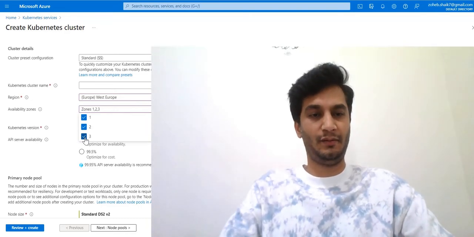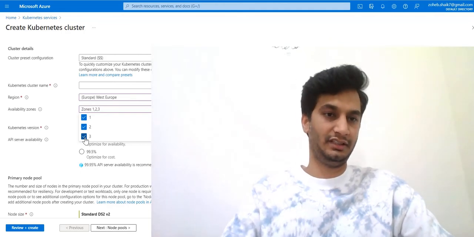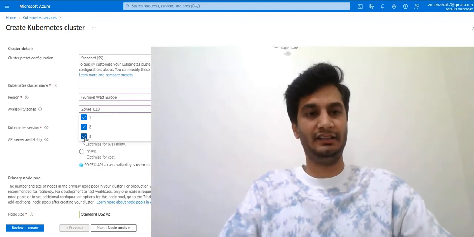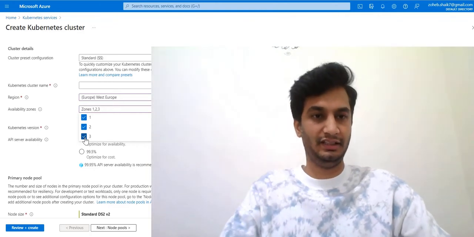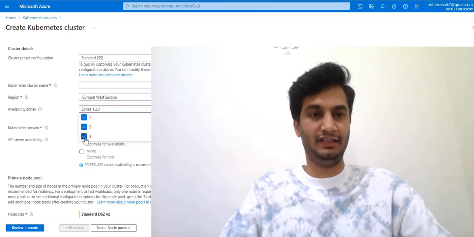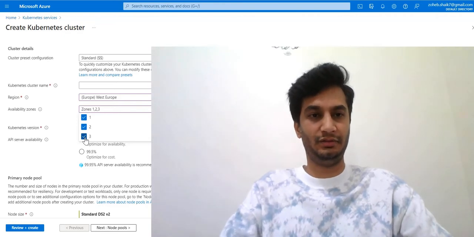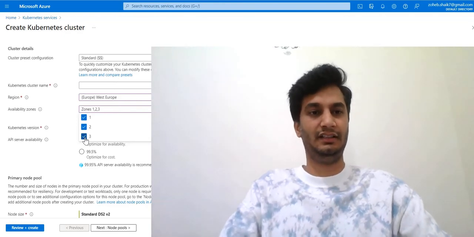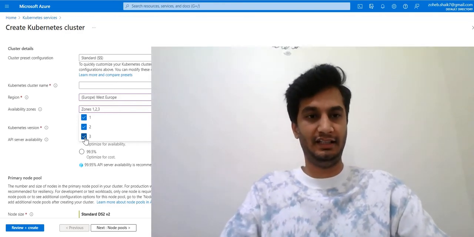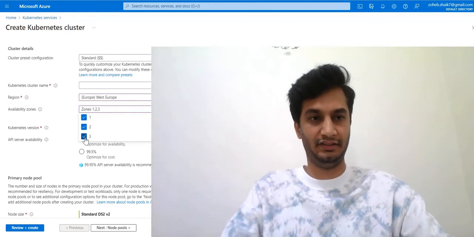In that case, all the copies of our data will be maintained in a single zone. If it is three zones, then our data will be split into multiple zones, so we can ensure our data availability as well. So control plane as well as data availability is important in case of any disaster.